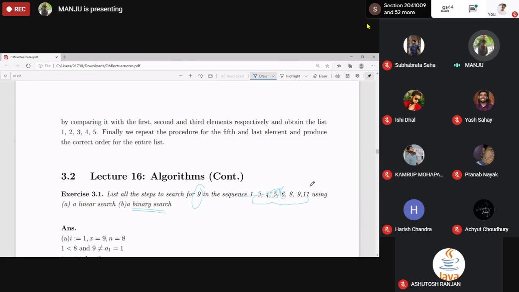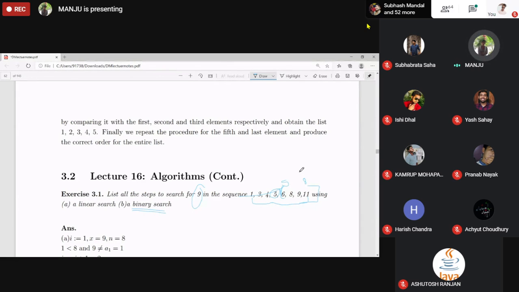Now the new search interval is this one, right? True, then I becomes 4 plus 1, 5. So the new interval is this one, right? Again, it will calculate (5 plus 8) by 2, where 5 is the location of the left end and 8 is the location of the right end, I and j.